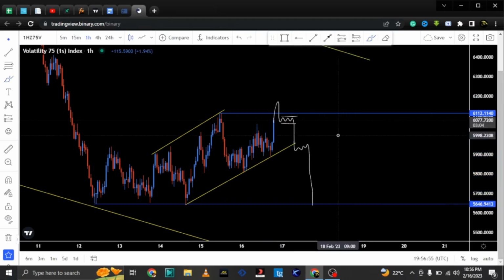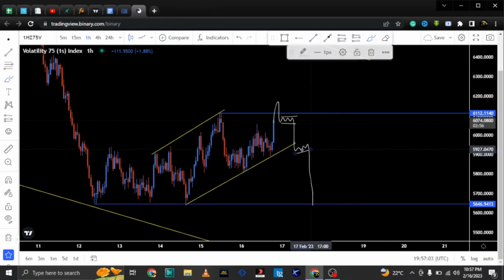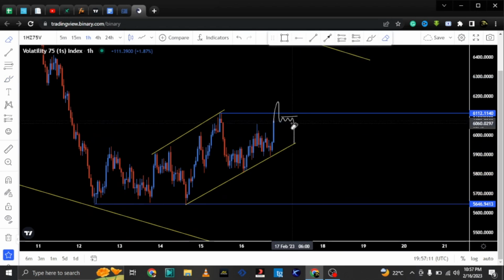If it gives me something like this, then I'll be interested in sales over here. Once it breaks and gives me another one, then you see that I am interested in sales also to the downside. So that is what I'll be looking at on volatility